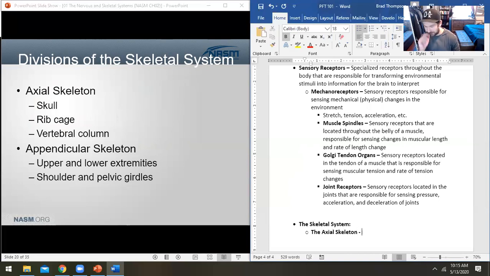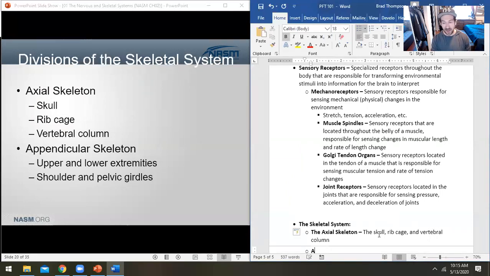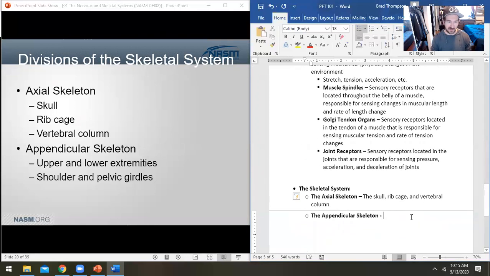My brain just went on autopilot. The axial skeleton is the brain and the spinal cord. That's going to be the skull, rib cage, and vertebral column, right? And then your appendicular skeleton, which is your appendages, right? So that is going to be